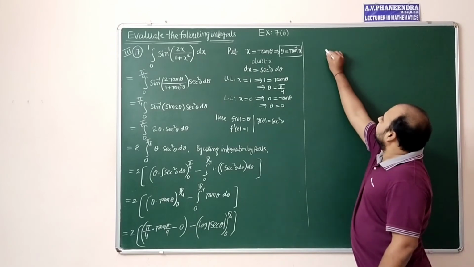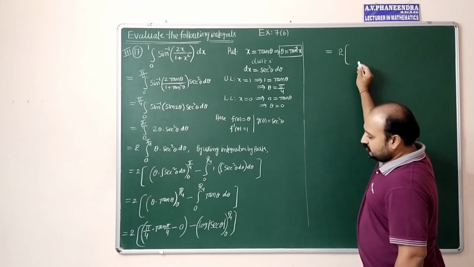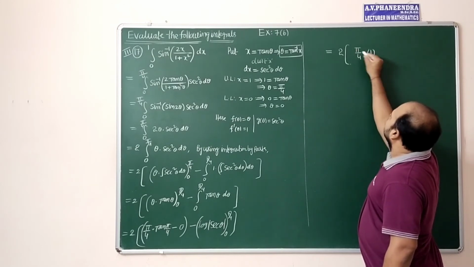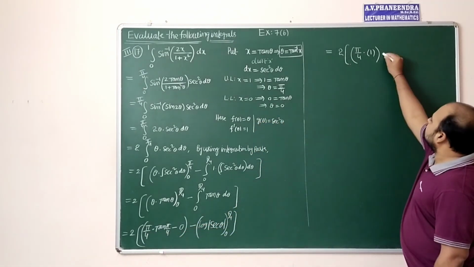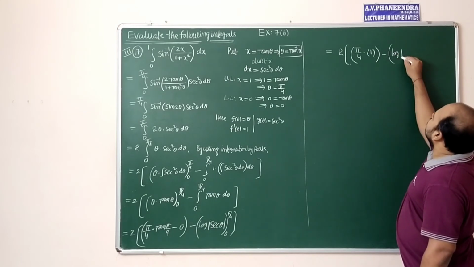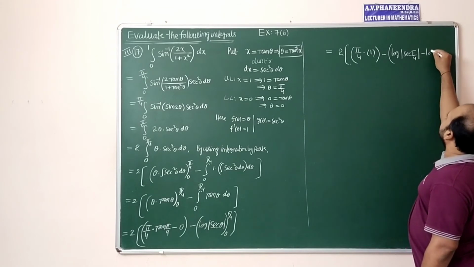So now the rest of the term 2 into pi by 4 into tan pi by 4 is 1. So the first term integration is completed here, minus log secant pi by 4 minus log secant 0,